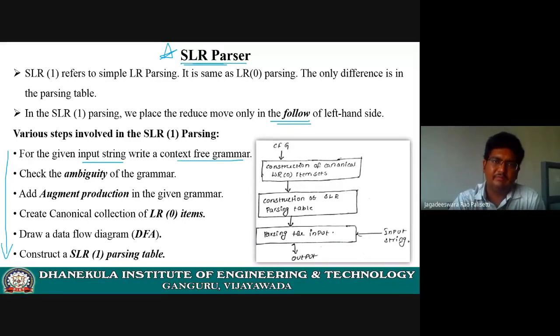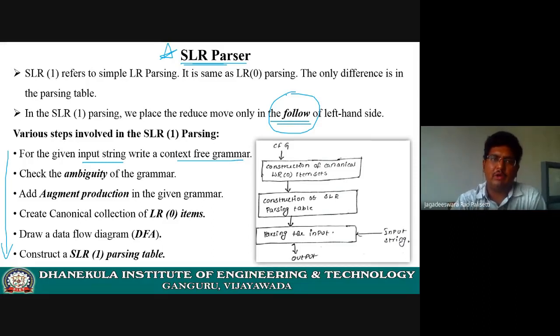That's the only thing. The reason you depend upon the follow function is that whenever in LR(0) you face the two conflicts, shift-reduce or reduce-reduce, SLR depends upon the follow function in order to eliminate those conflicts. Am I clear? Anyhow, we will see where the follow function is required. After computing the follow function, why SLR is different from LR(0), those points we will discuss in further slides.